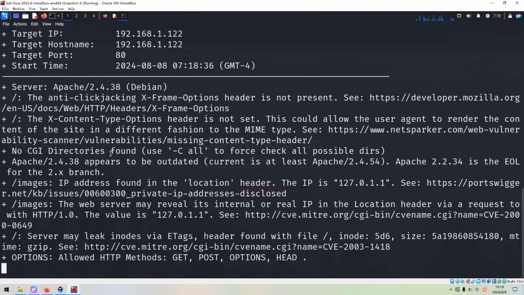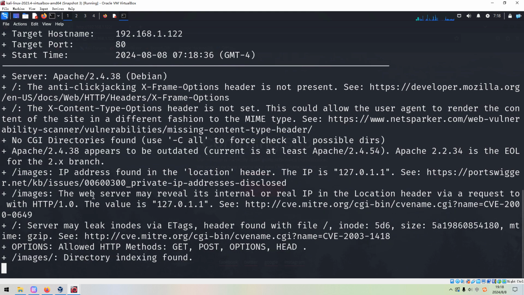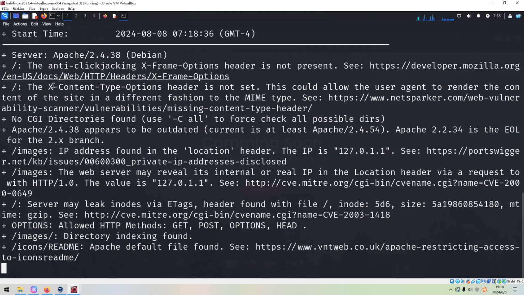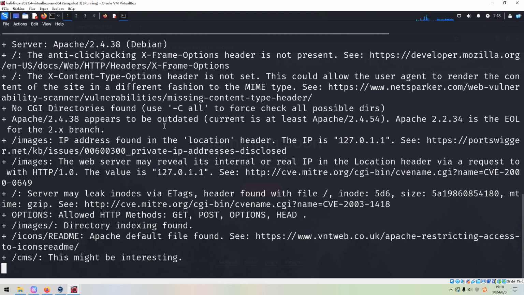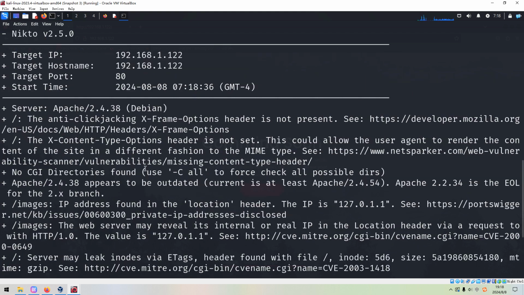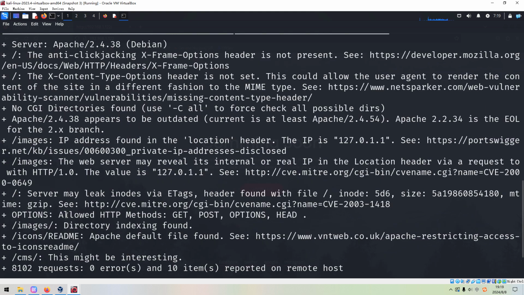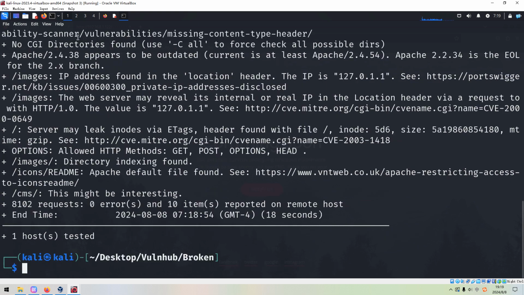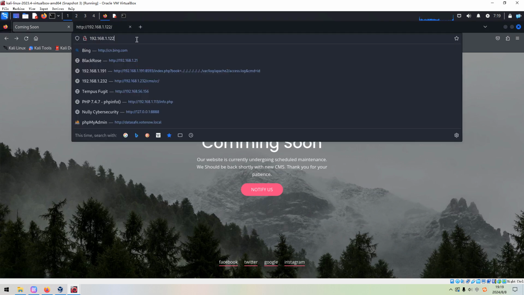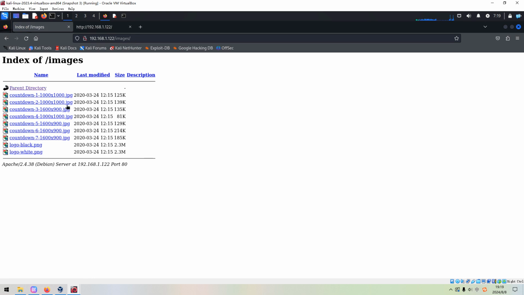Next, we need to do the automatic enumeration with the tool Nikto. I always use Nikto to start automatic enumeration with a web application. And as you can see, it found not only the banner or the version information, the request method, request header, including the allowed HTTP methods, which sometimes it can give us. And the CMS, images. Maybe we need to take a look at the images first. Nothing special, right? Nothing unusual in the picture here.